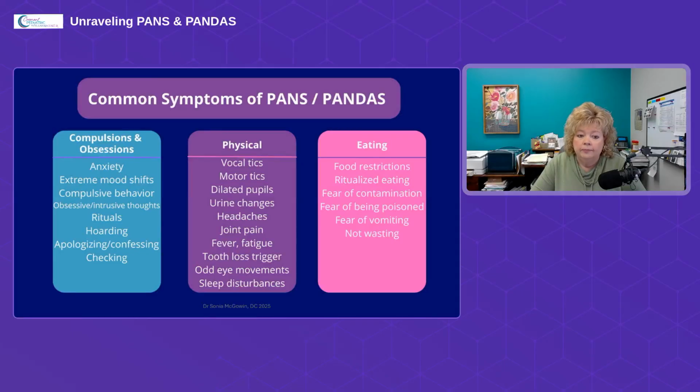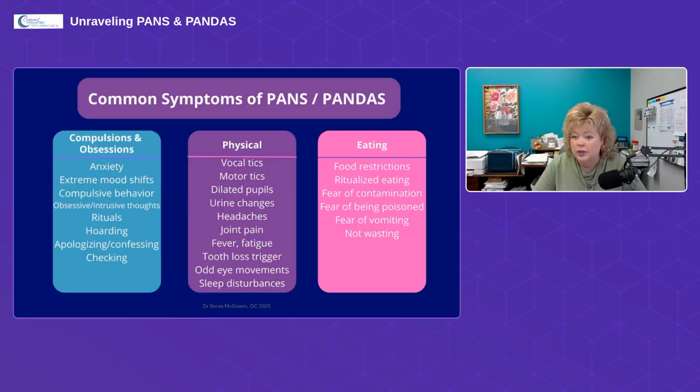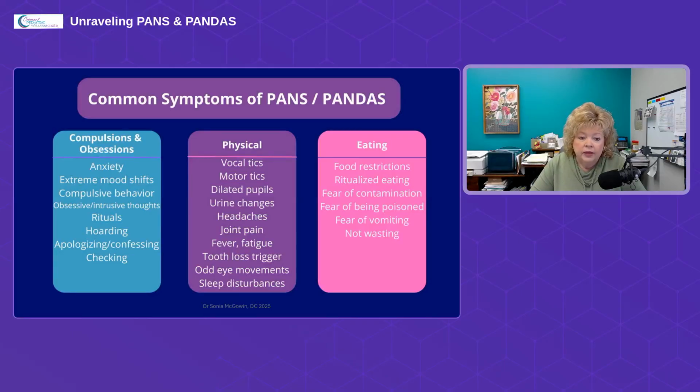So if these are kids who were previously potty trained, dry during the day, dry at night, and suddenly they start wetting the bed, they start having more urinary frequency, urinary urgency, this is something you certainly do not want to ignore. So definitely talk to your practitioner about looking at some of the labs that we're going to talk about. Kids will talk a lot about pain. So maybe they have headaches, they have a lot of joint and muscle pain. They often have repetitive fevers and often just sort of an ongoing low-grade fever.